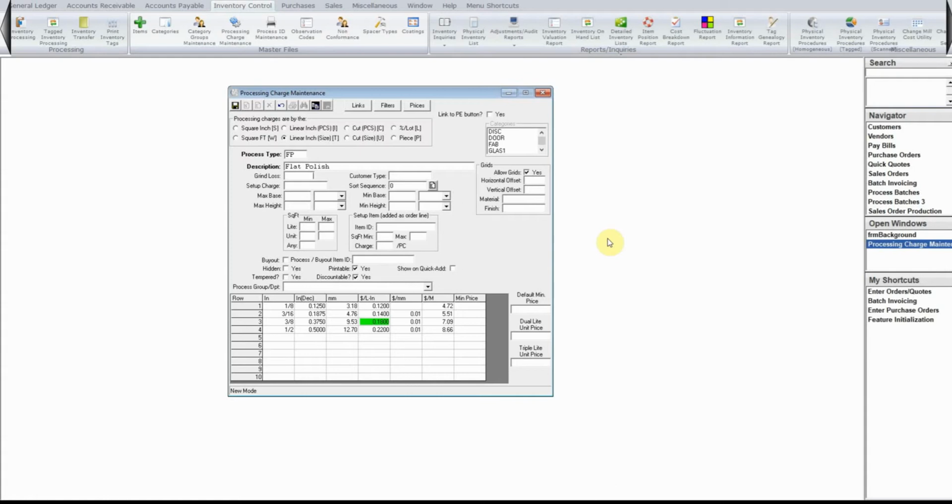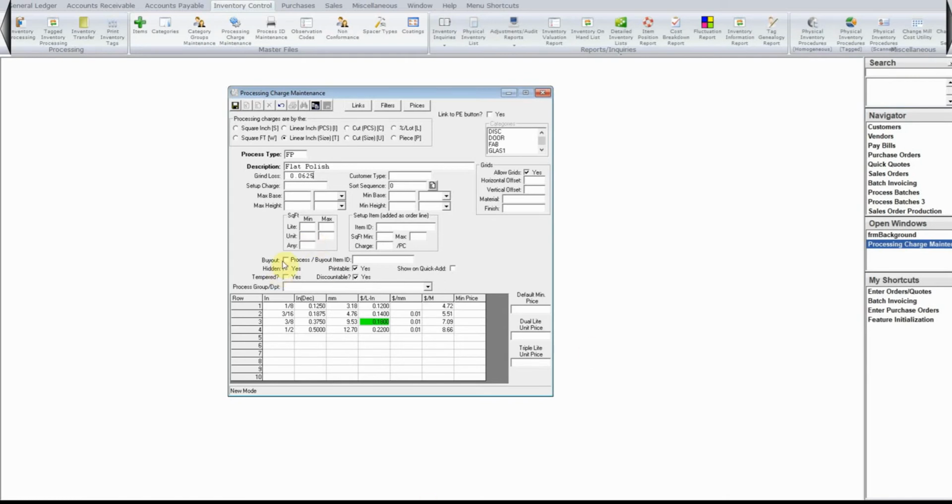So your people who are doing order entry don't have to do math on the fly. If a customer asks for a 34 by 34 piece of glass and they're doing a flat polish on all four sides, they don't have to think, okay, well, 34 and a 16th by 34, or in this case, if I'm doing all four sides, 34 and an 1/8 by 34 and an 1/8. They just have to say, you know what? It's a 1/16 of an inch for grind loss, and the finished size that my customer wants is 34 by 34. And so when they're doing the order entry, they put in 34 by 34,